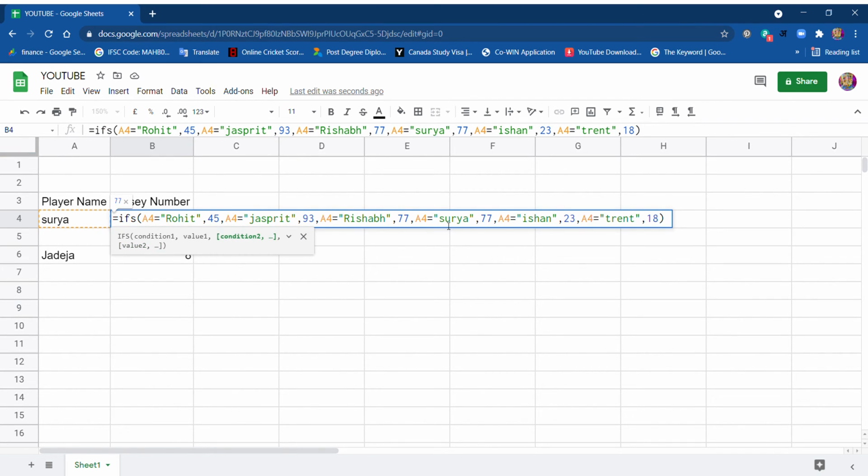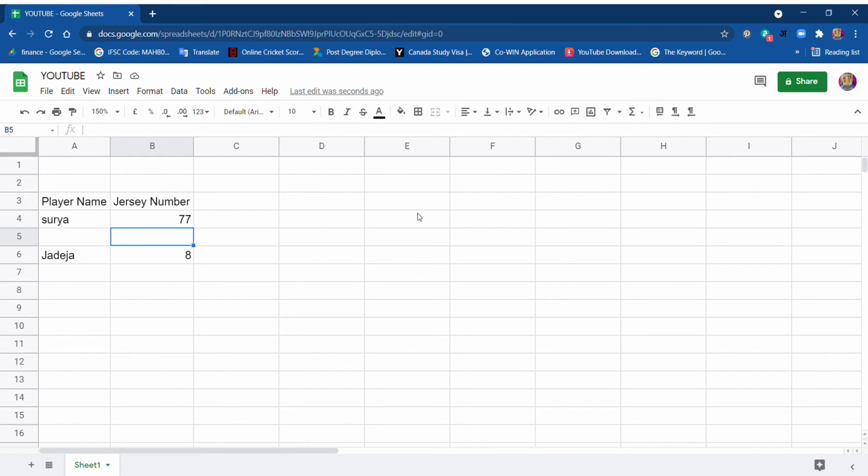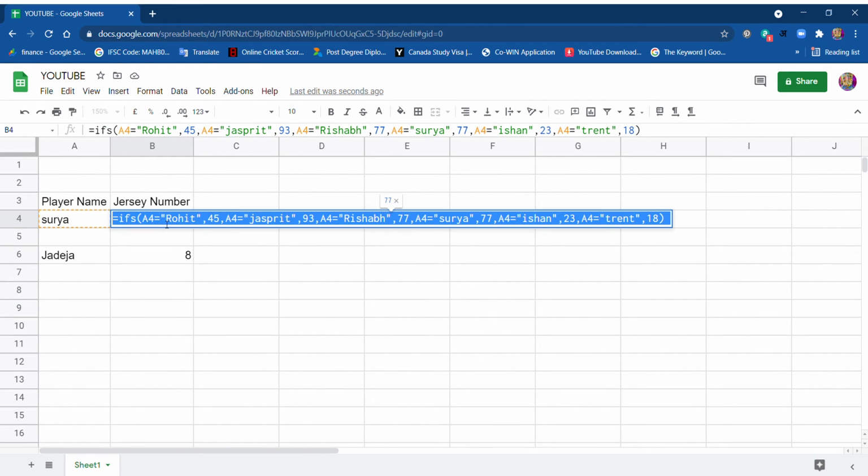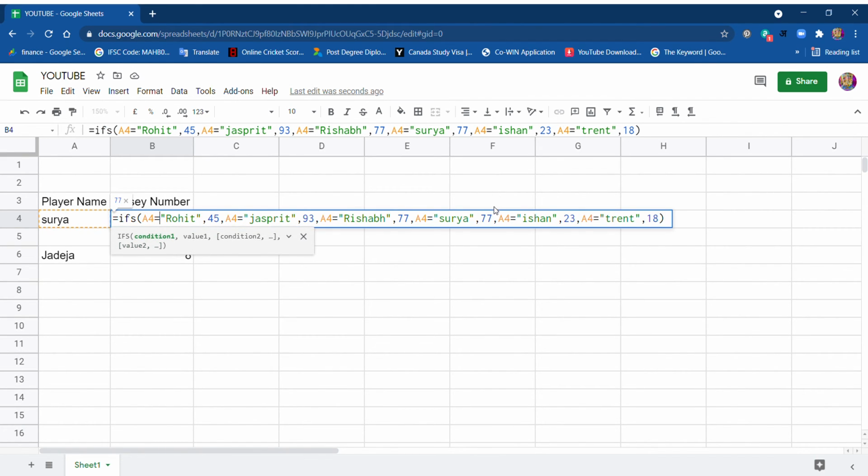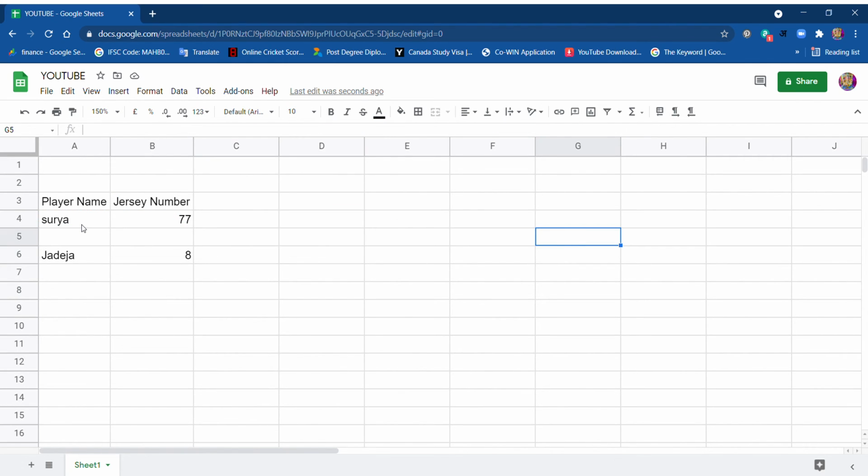If A4 is equal to Surya, then it will give me 77, and it has given 77. Then if A4 is equal to Ishan, it will give me 23, and I will show you once again. See, it has given me 23. And if A4 is equal to Trent, it will give me 18.